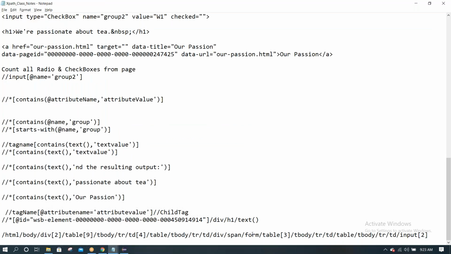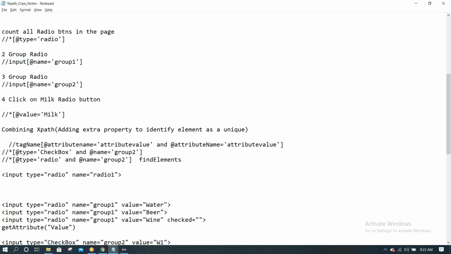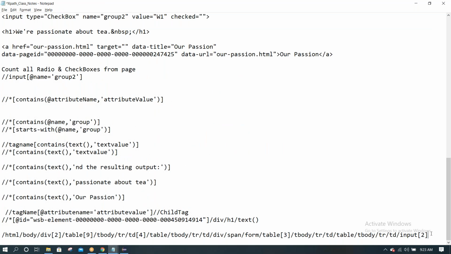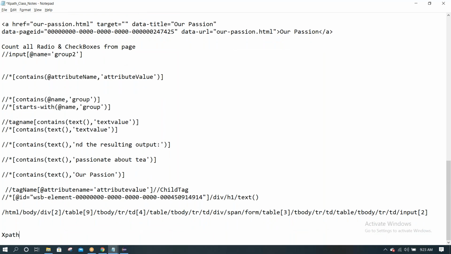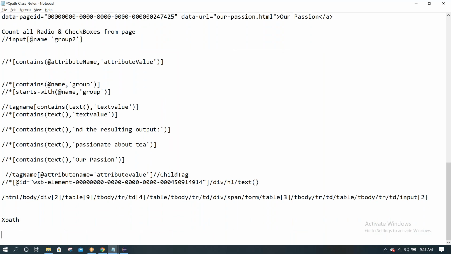So you have the scenarios: first practice the XPath for all different conditions, and then get current URL with assertions, get title. If you want to validate the URL is correct or not, then we use get current URL. If you want to validate page titles are correct or not, then we can use get title. Practice get title with assertions again.